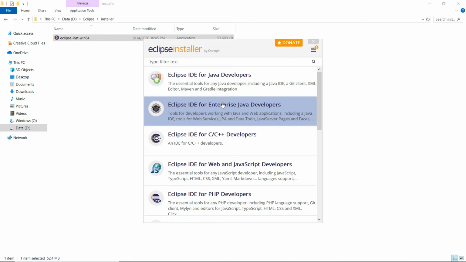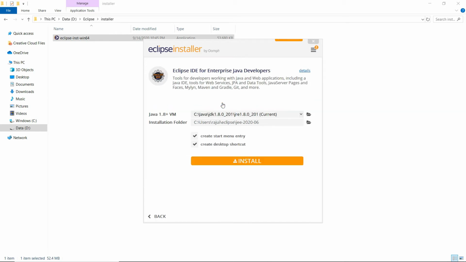Let us use the Eclipse IDE for Enterprise Java developers. We want to install this Eclipse in a different location than the default location that is shown here.